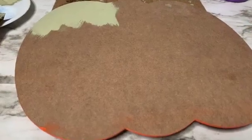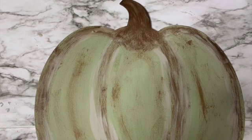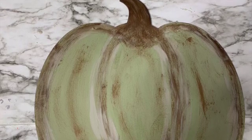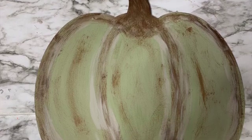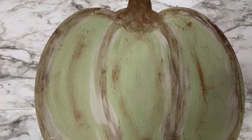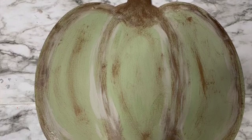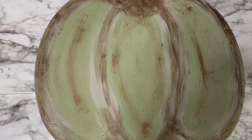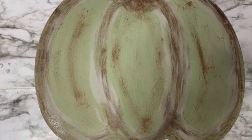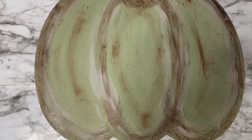And I used that same mixture of those 3 paints that I will have listed below, and I painted the whole pumpkin, and then I forgot to film the part where I shaded it. So what I did is I took the antique Waverly and a little bit of mineral and a little bit of like a plaster color, and I just started with the stem, and then I kind of created the shading and to give it more dimension. I wanted to create the sense of 3D that you could see where the pumpkin is indented,